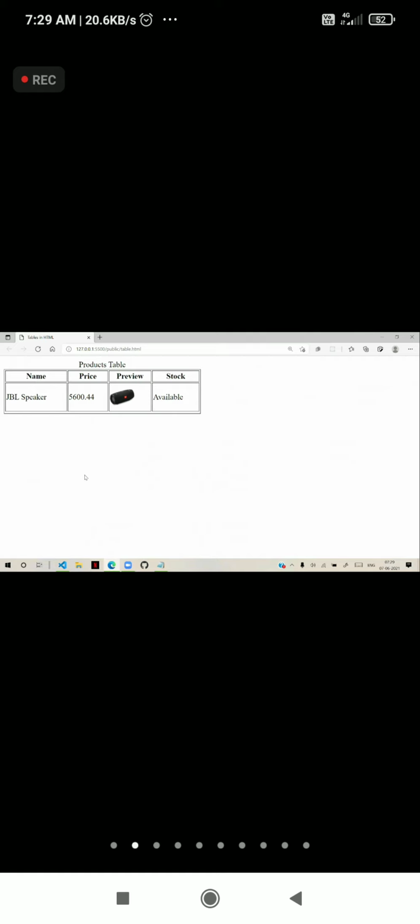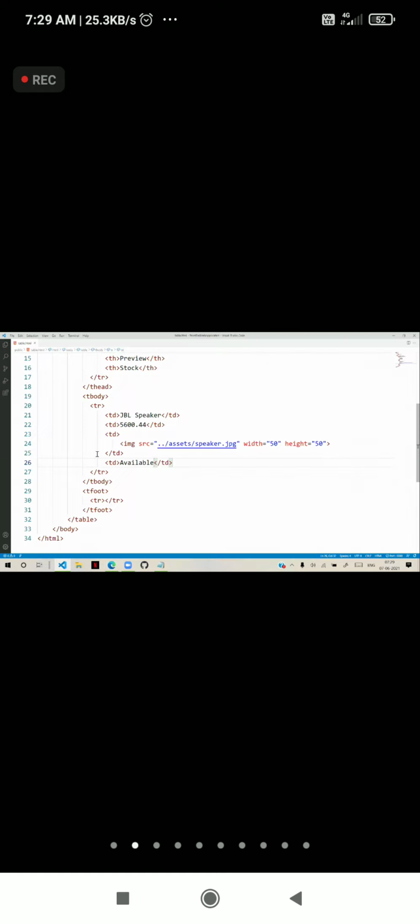You can put buttons, check boxes, anything inside these tables. Okay, this is basically a table. You can add any number of rows. I want in the table body one more row. In that, we have Nike casuals. We have another cell, price, some price. And we have another cell, that is some photo.